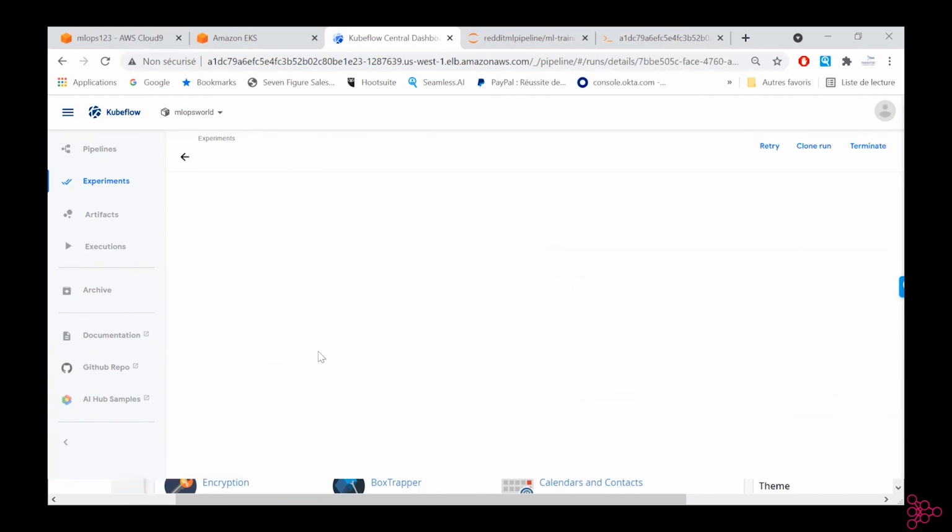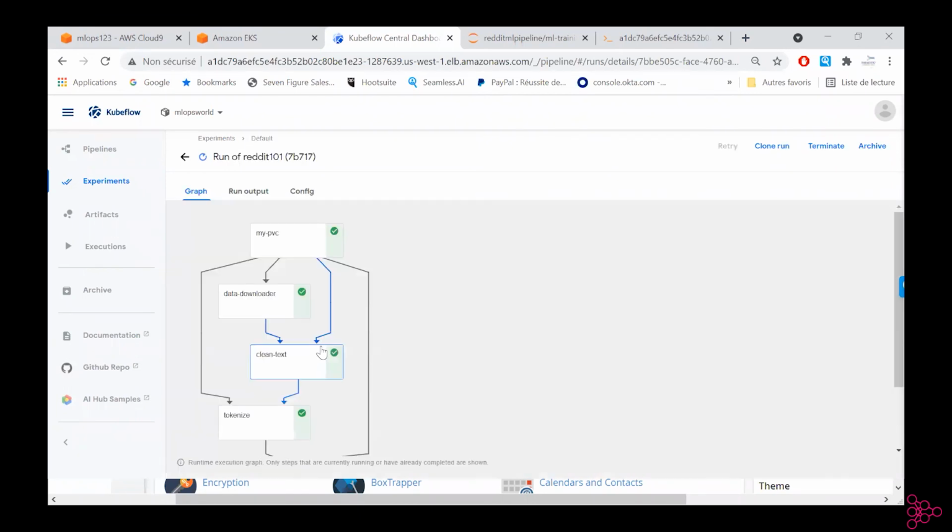Okay, so let's have a look at our experiment, our run. And by the way, a lot of open commercial solutions rely on Kubeflow. Just to sell you a bit on Kubeflow as well, if you go on a couple of commercial solutions, not to give a name, they rely on Kubeflow. They use Kubeflow for pipelining. Some have their own very own systems, and others do rely on Kubeflow.